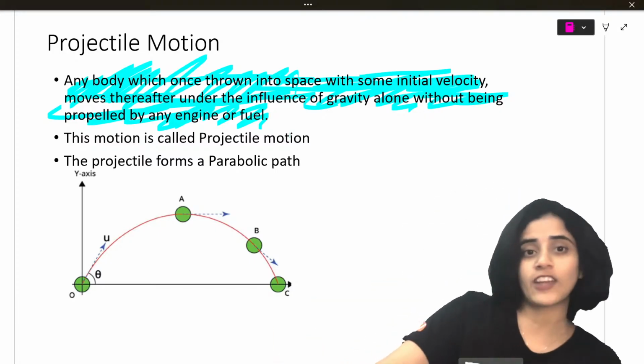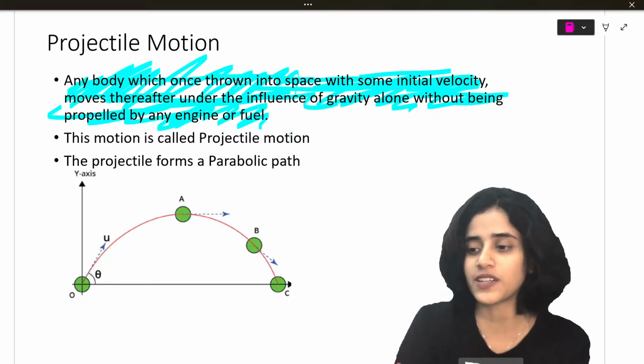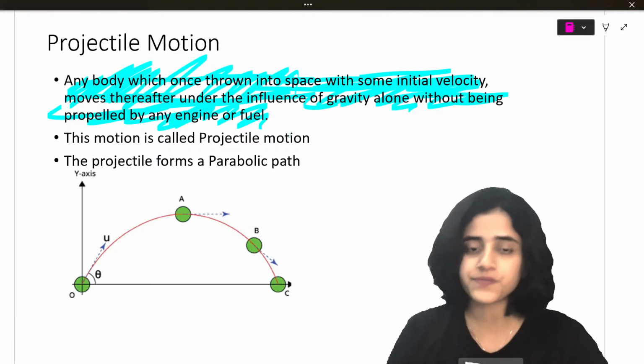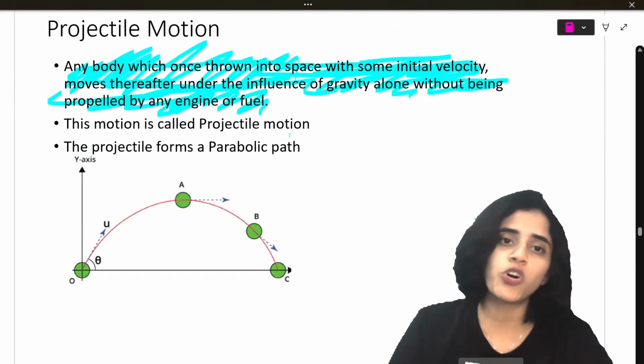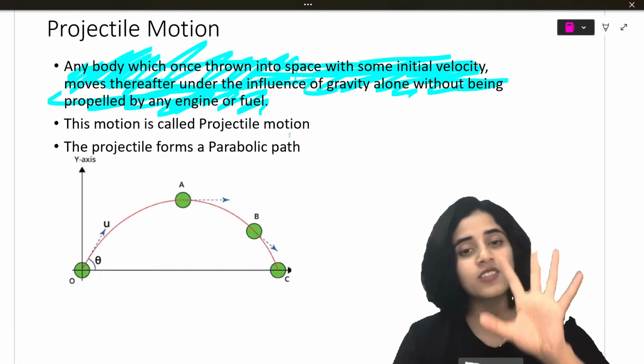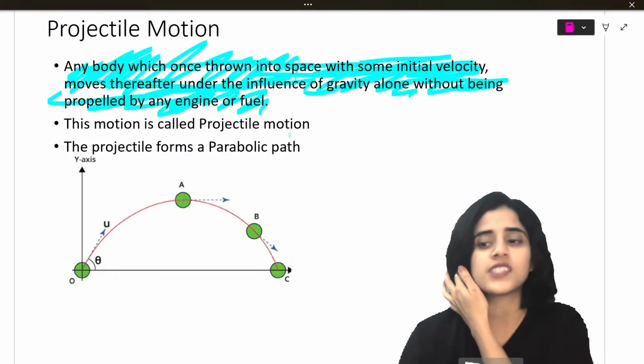If I could see all of you, I would have cracked some jokes, but okay, projectile motion, the idea is clear? Yes. If you want, you can watch the recorded version at 2x or 1.5x speed and all that. But I am talking slowly because these are all very important concepts.